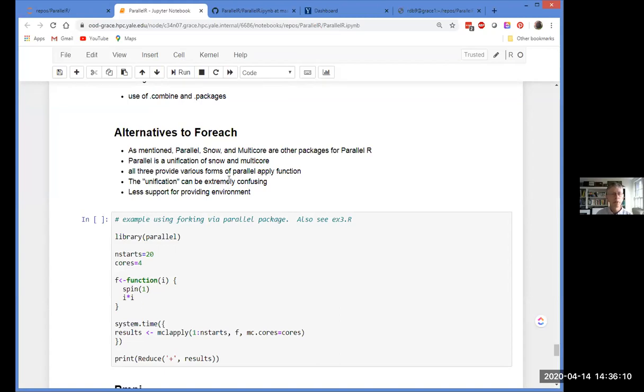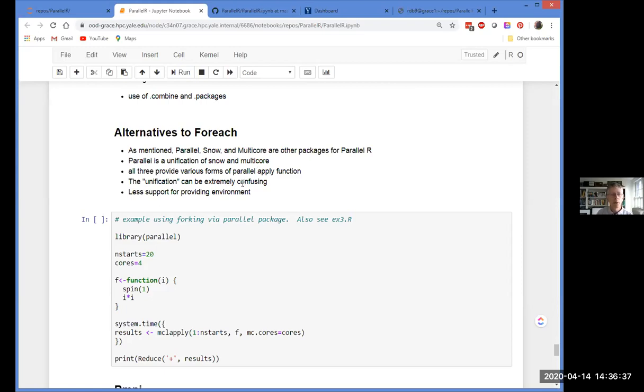Again, all three of these things, instead of thinking about for loops, like to think about doing a function apply in parallel, and they each have a whole set of slightly different parallel applies that have slightly different operational characteristics, which personally I find just confusing.